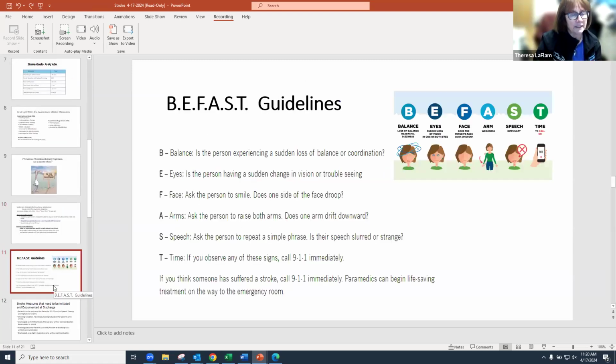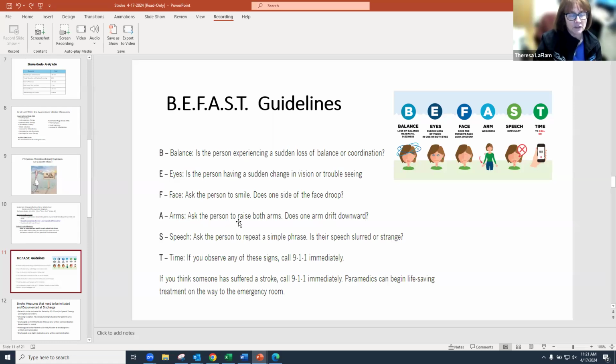When we're educating them, we are also teaching the patients how to recognize stroke, and we use BFAST. So BFAST is balance. Does the patient have a loss of balance? Eyes. Does the patient have a sudden change in vision or trouble seeing? Is the vision blurry? Is there double vision? Does the patient or person have a facial droop, like one side of their face is